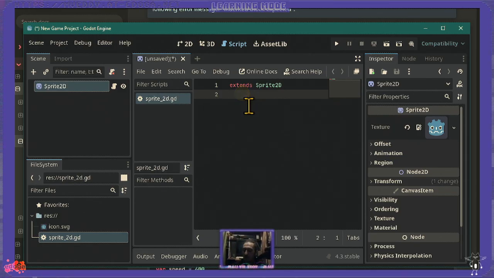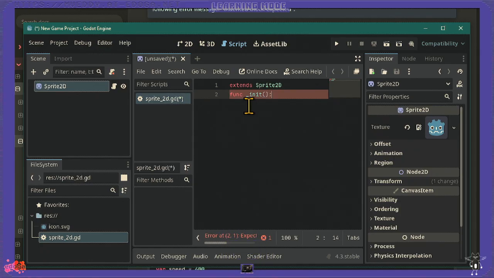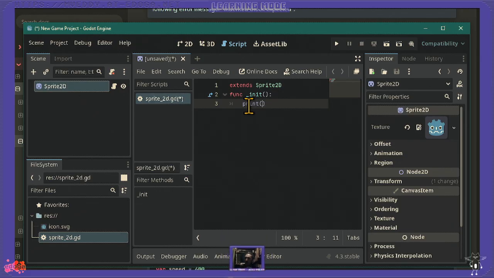So I will print, function, type in function right here. I'm still not super clear about the... Or is it just FNC? No, func. Huh? Func print. What was it? Print